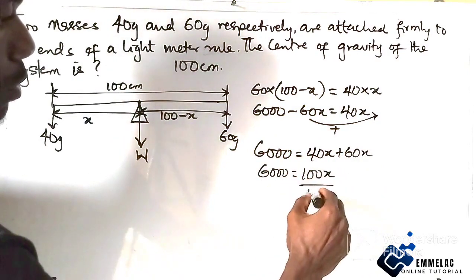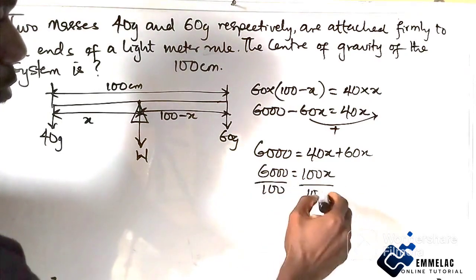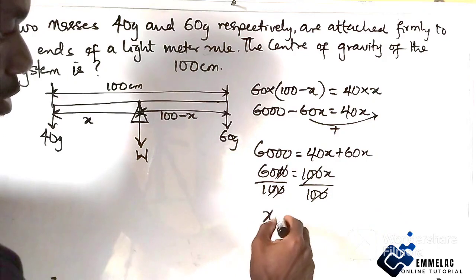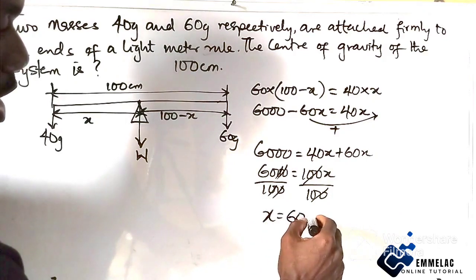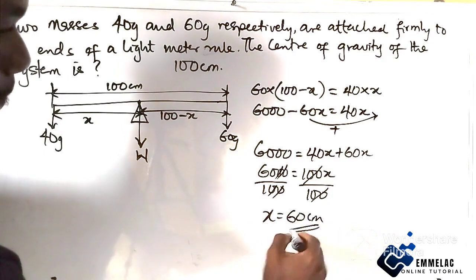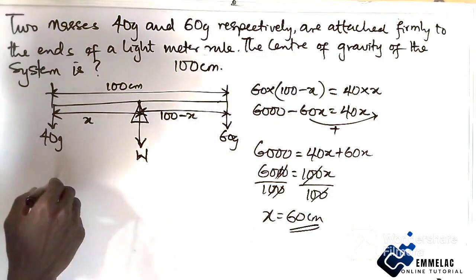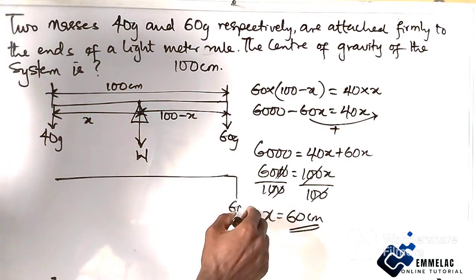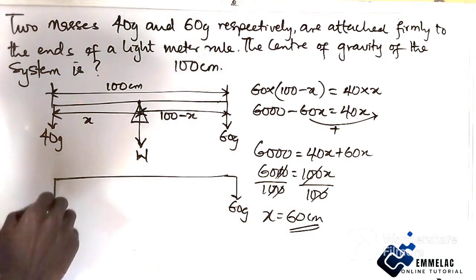Now dividing both sides by 100. This will cancel this. So x equals to what? 60 centimeter. Alright, so in redrawing this diagram here, we can now say this is 60 gram and this is